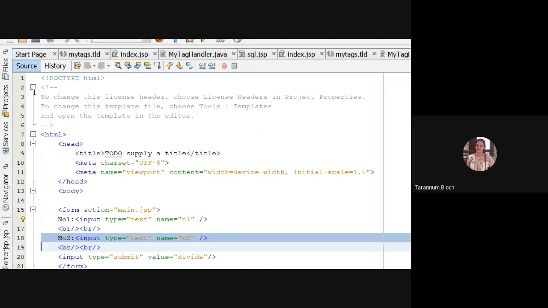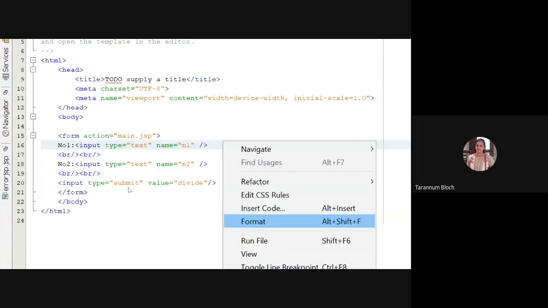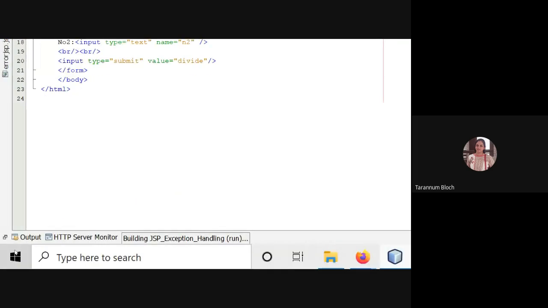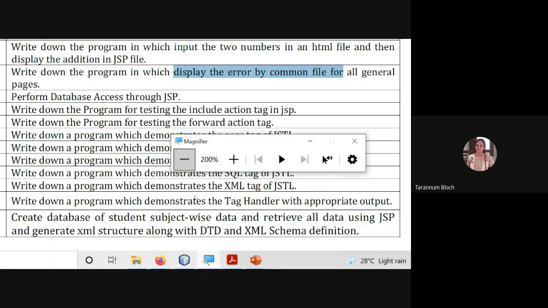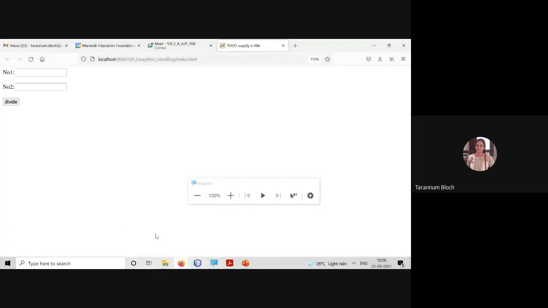I'm at index.html, running this project. It is giving me some output like this: number 1 and number 2. If I say 20 and 4, it is 5, right? If I say 10 and 2, it will give me 5, right? So that's a totally normal scenario.